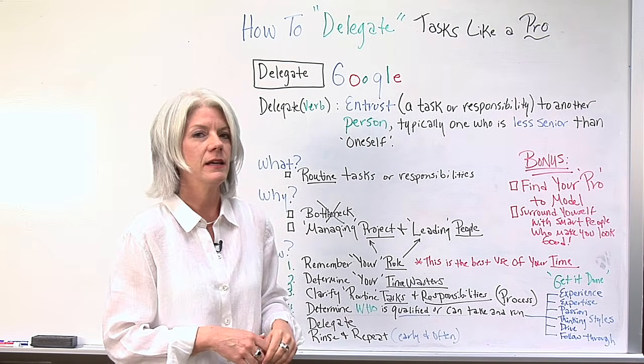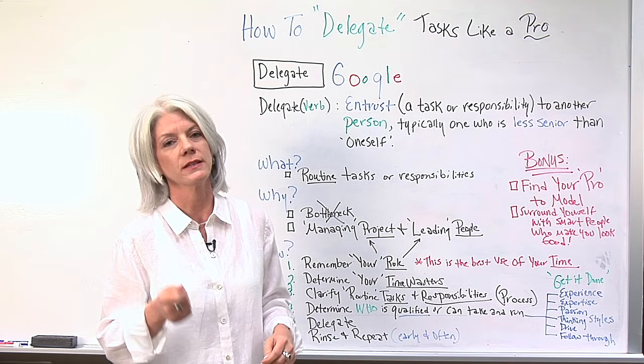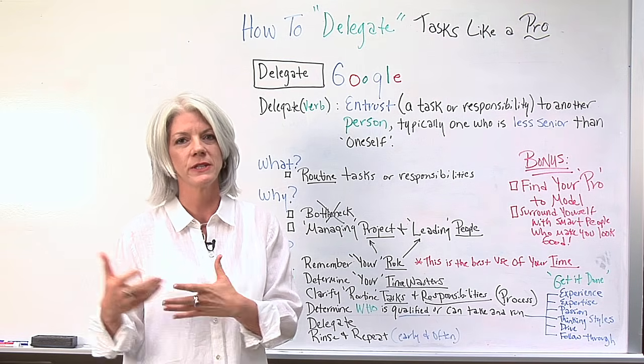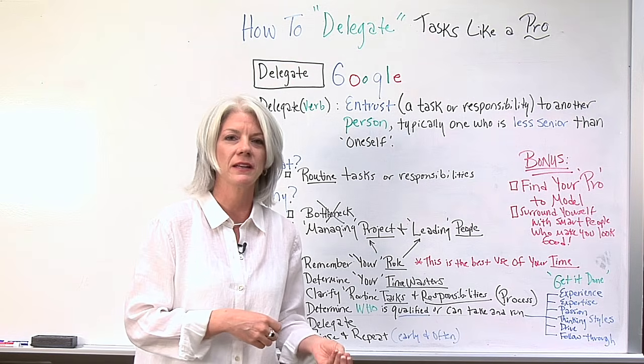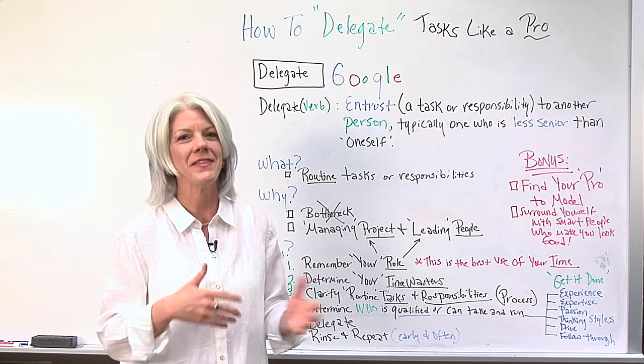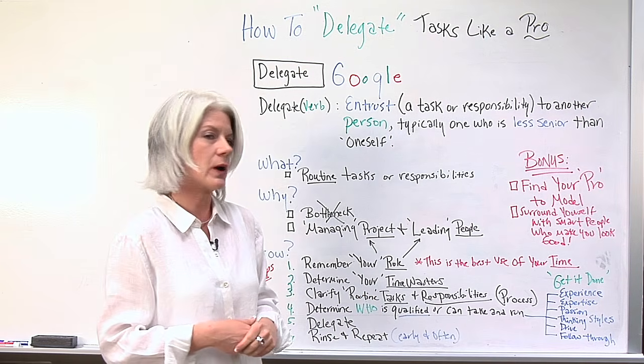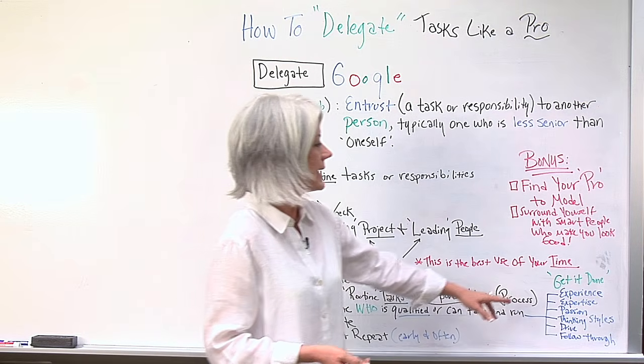and get it done. So this is where you can delegate the wrong thing to the wrong person, and it frustrates them. The work doesn't get done, and what happens is you end up taking it back and doing it anyway, and then that gets into other dynamics of the project. So how can you determine who is qualified or can take it and run with it and get it done?